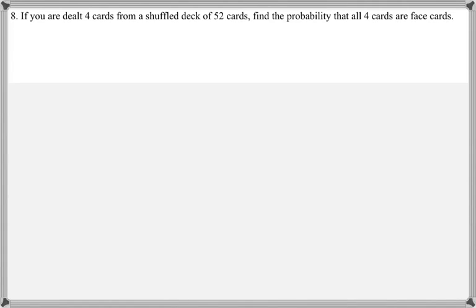If you are dealt 4 cards from a shuffled deck of 52 cards, find the probability that all 4 cards are face cards. So my denominator needs to be the total number of ways I can select 4 cards from the entire deck of 52 cards. So that's going to be